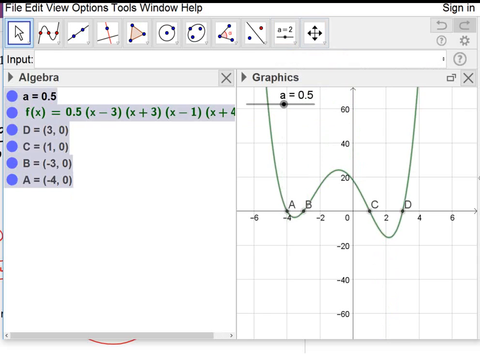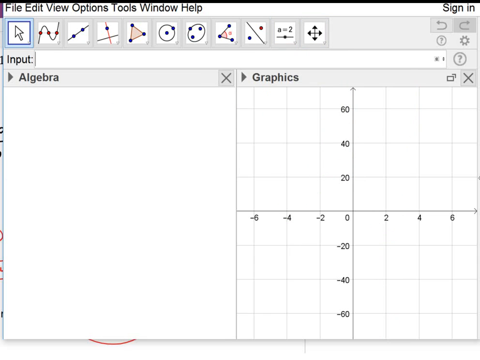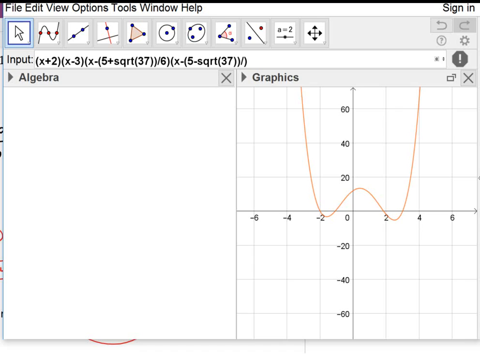Okay, so if we look at the problem that we just had, the function that we just had, it was x plus 2, x minus 3, x minus (5 plus the square root of 37) divided by 6, and then x minus (5 minus the square root of 37) divided by 6. All right, so if we have that thing,